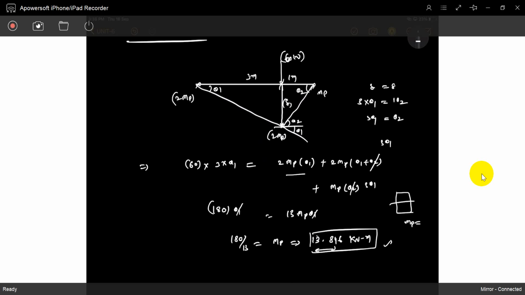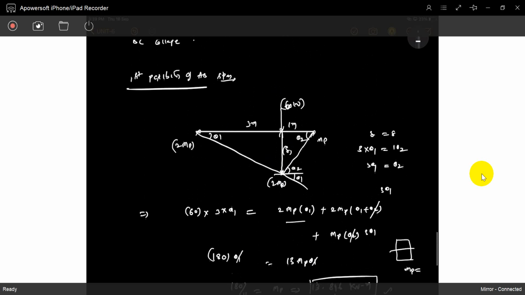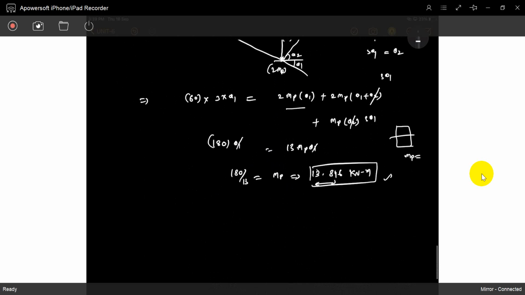Previously, how much load could we apply? We could apply up to 50 or below it, and it is safe. It is a capacity now. We have to select the cross sections such that it has a capacity of 13.84 or greater than that. Got the idea? That's it, it is one possibility only. We must also check the second possibility.